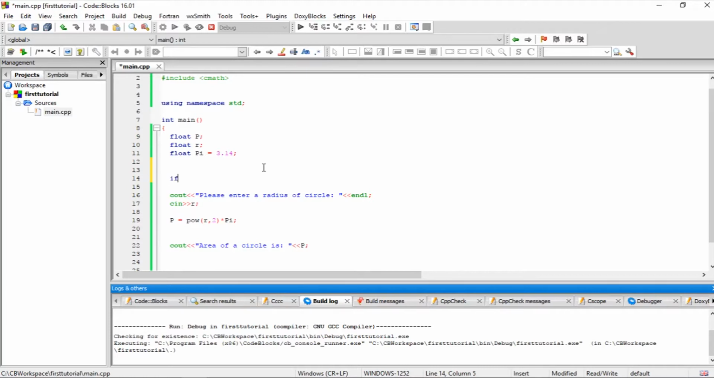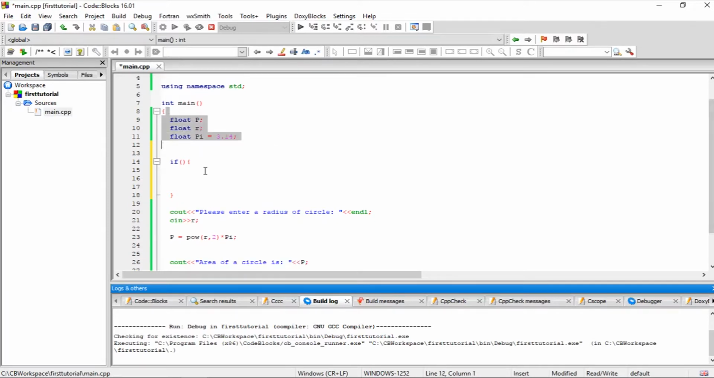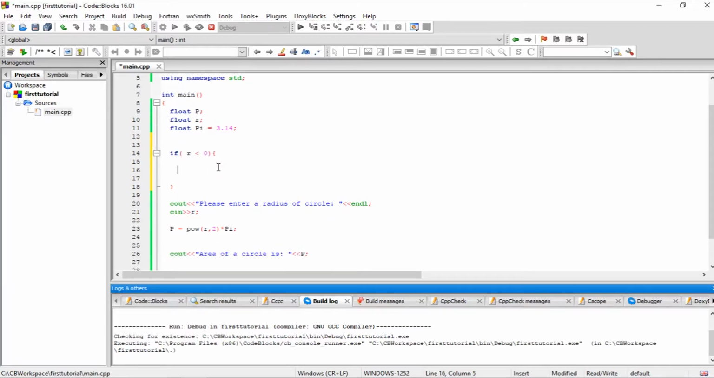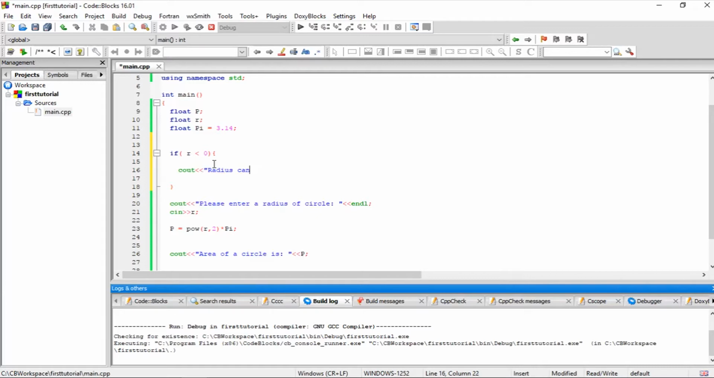So we say if, then we put brackets, and then we put a body of an if. Just like main has its body between these two curly brackets, if has its body here, and here goes the condition. So you put the condition here, and you basically say what you want to check. In this case we want to check if r is lesser than 0. Alright, so if it is, then we're going to print out radius can't be a negative number. We're just going to print out that,